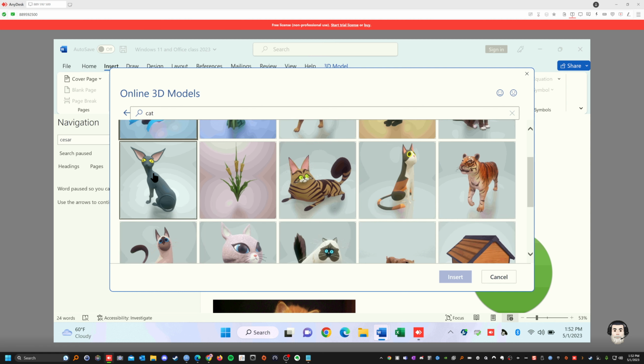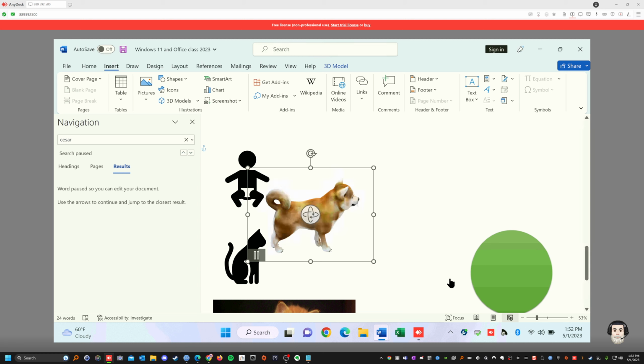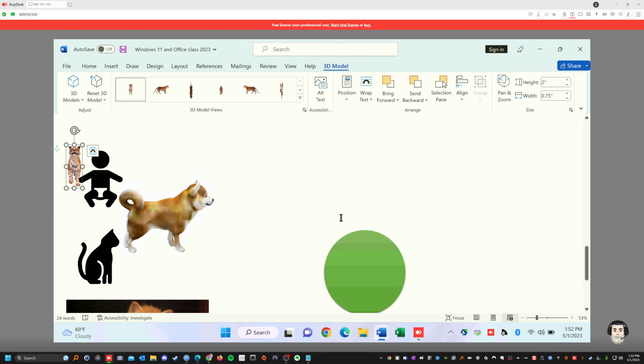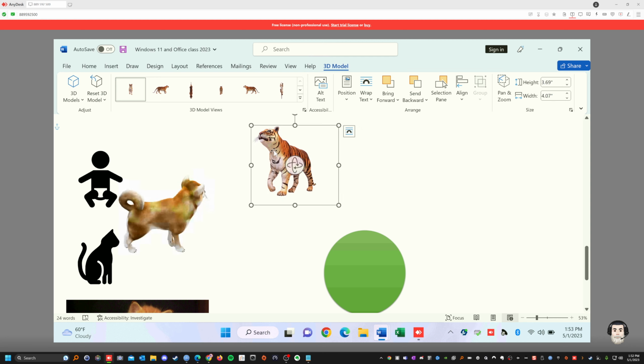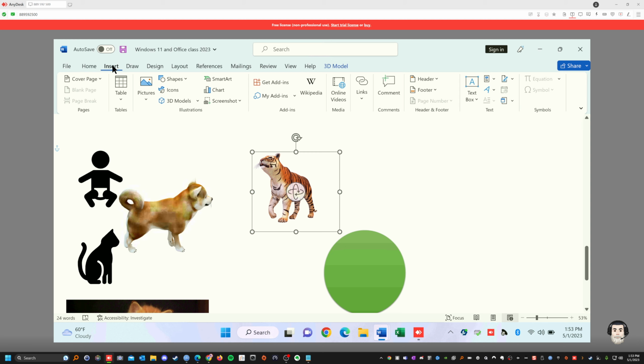Okay? Let's get the tiger. Let's say the tiger. Let's insert the tiger. Give it some time. It just takes time. But it takes time because the internet's pretty slow right now for some reason. But there's the tiger now. See that? So you can make the tiger bigger. And you could just rotate. See that? Same thing. This tiger doesn't move, doesn't have any live action, but usually it's nicer when it moves, right? So insert. Okay, let's go to insert again.